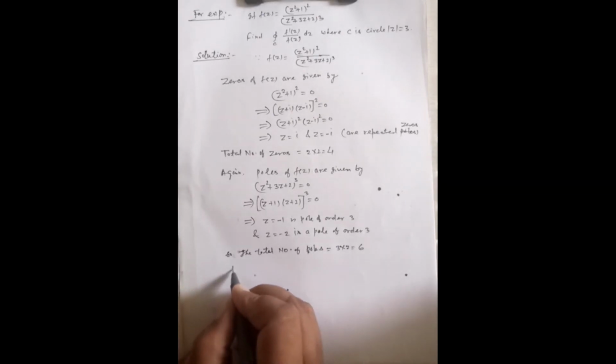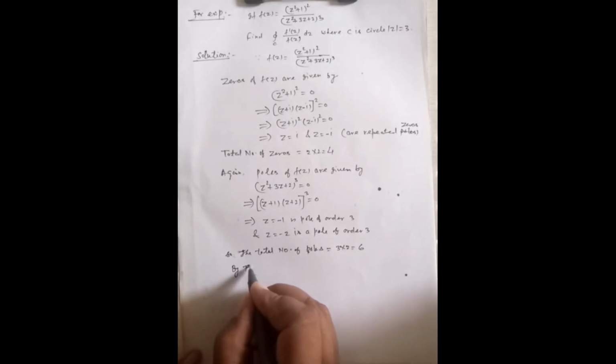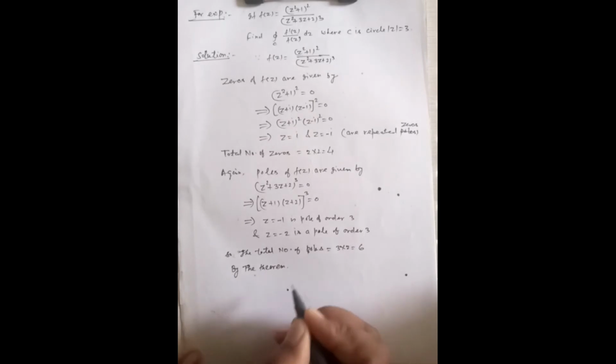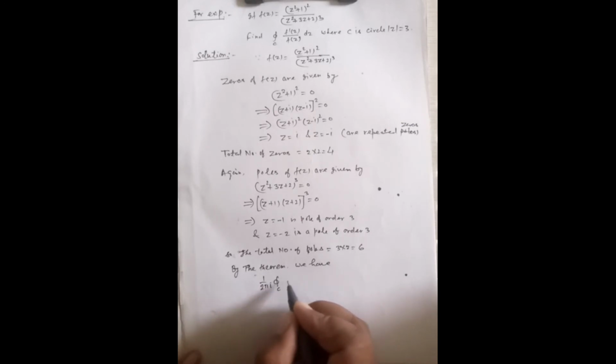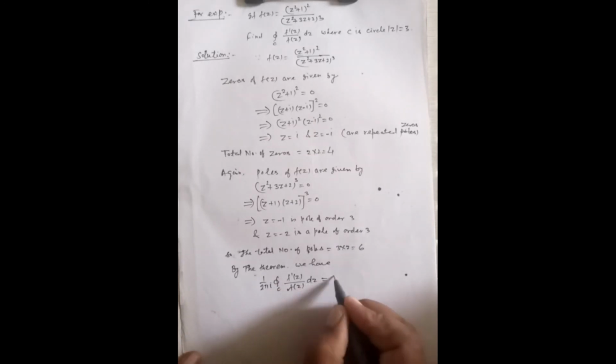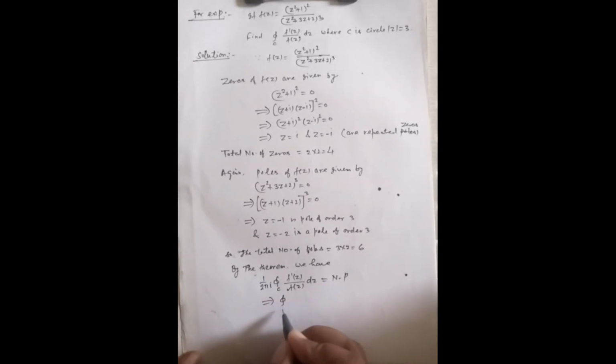By the theorem we have 1 by 2 pi i integral over C f dash z upon f z dz equal to N minus P. This implies that the integral over C f dash z upon f z dz must be 2 pi i into N minus P. So this gives 2 pi i, and here we see that all the zeros and all the poles lie within the contour C,